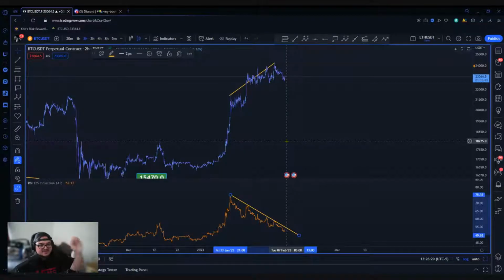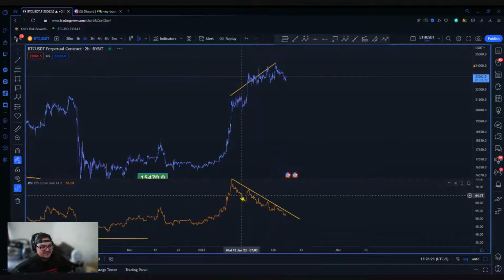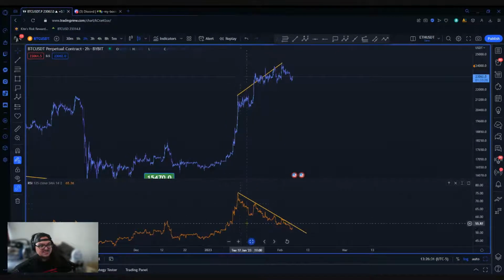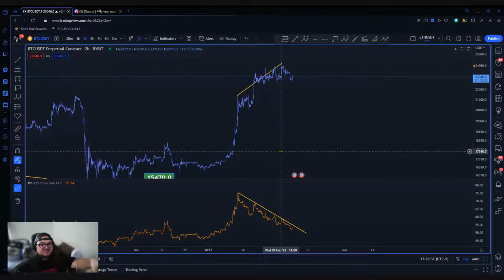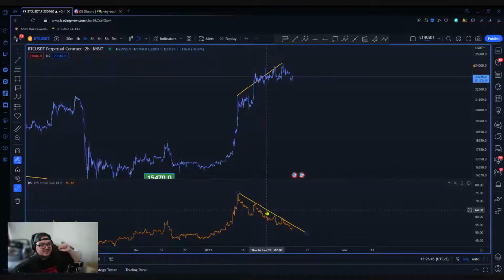So you take the ball, you throw it at the window. Basically, throwing the ball at the window is creating the divergence. And two things can happen. One, once you create the divergence, if price respects it and falls through, that's the ball breaking through the window. Or you can get the opposite: if price creates a divergence and then creates multiple touches, that's the ball hitting the window and coming back at you.